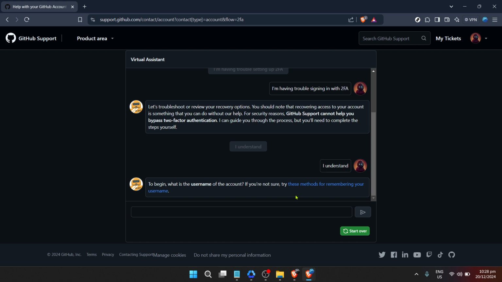In conclusion, reaching out to GitHub support is a straightforward process designed to help you get back on track with minimal fuss. Remember, the clarity and detail of your ticket play a significant role in how swiftly and effectively your issue can be resolved. So take your time, detail your issue comprehensively, and help the support team help you. And that wraps up our guide on how to email GitHub support. We hope this tutorial has been informative and will help you navigate your way through GitHub's support process with ease.